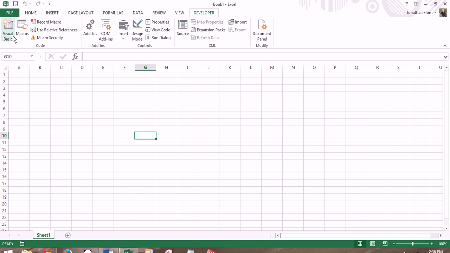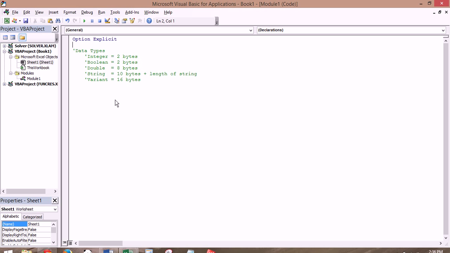Alright, so go up to Visual Basic, and as you can see, I already entered in Option Explicit up here. What Option Explicit does is it forces you to declare all of the variables you use in this module. So I have already listed some of the data types that you can dimensionalize things as, or declare them as,